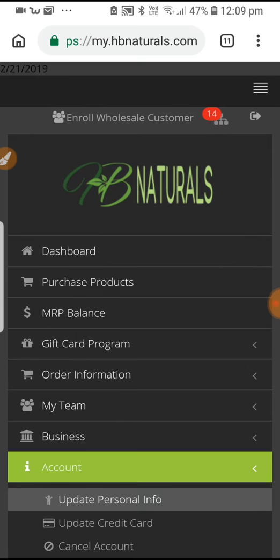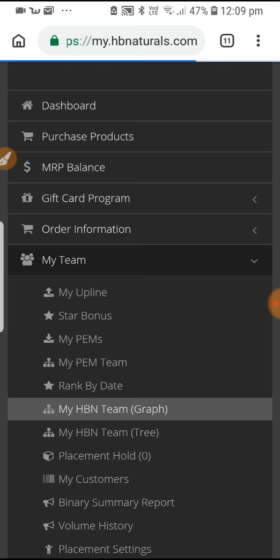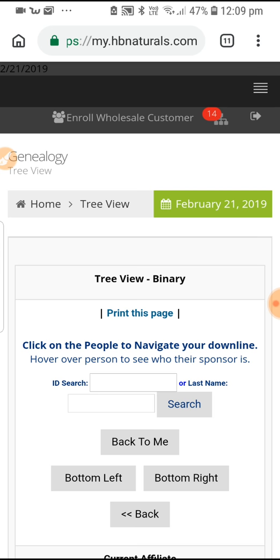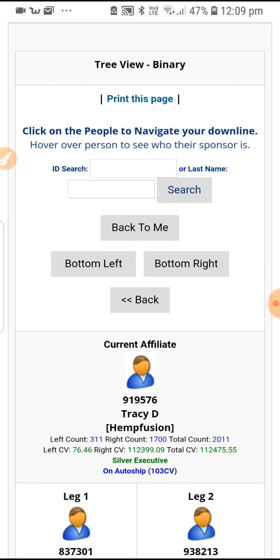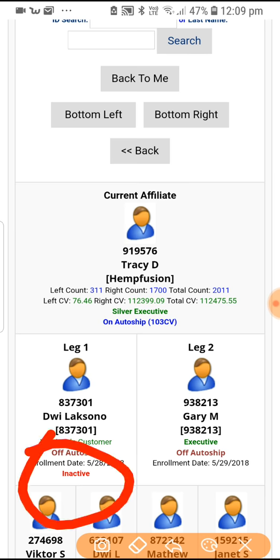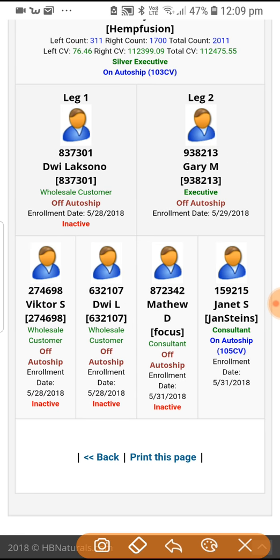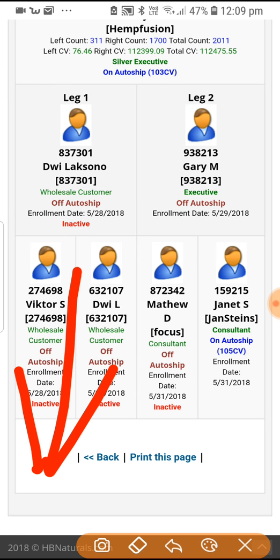your numbers. So let's go to my team and go to the graph. This is how I look at things. So some others might look at other things, but this is how I look at things and my numbers and what leg I need to build up and where I need to place them. So anyone who is personally enrolled in you, they're not going to show up straight away here, okay? They're going to be further down the line